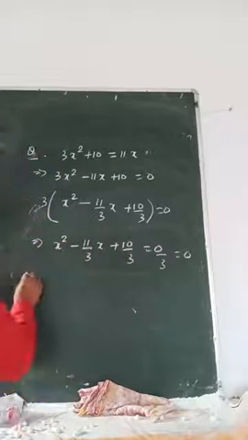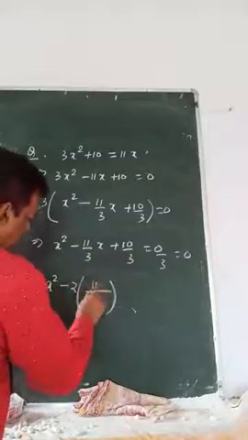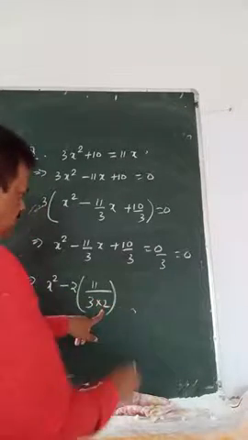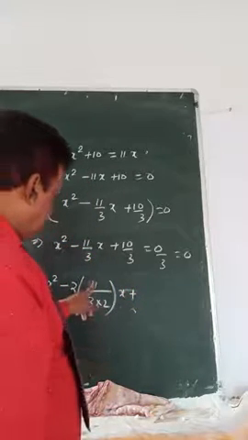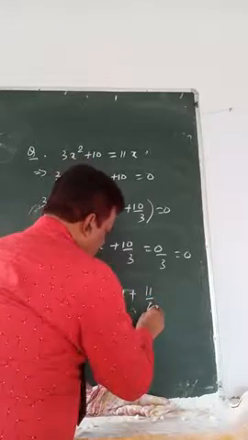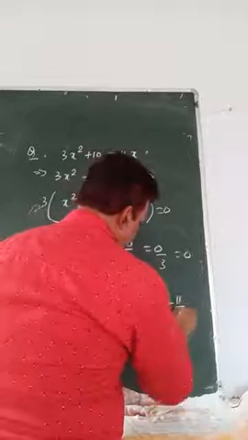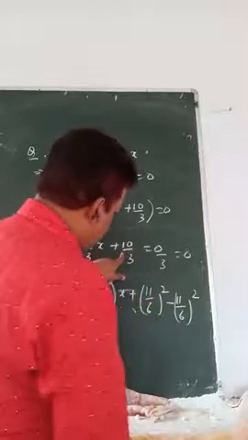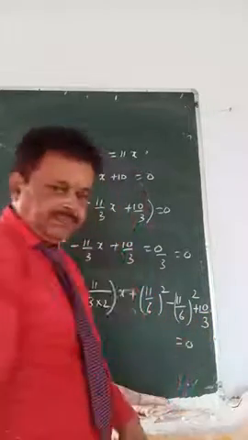Means it will be like this, x square minus 2, 11 by 3. That means if you divide 2, means 2 you have to write in the denominator, into x. So b is how much? b became 11 by 6. So plus 11 by 6 whole square minus 11 by 6 whole square. Every time you have to make plus b square minus b square. After that, this you have to write 10 by 3 equals to 0.